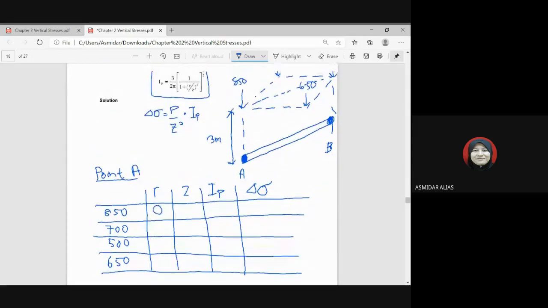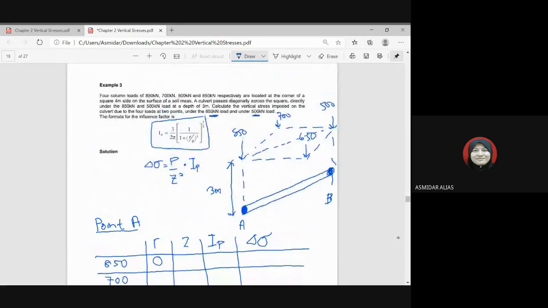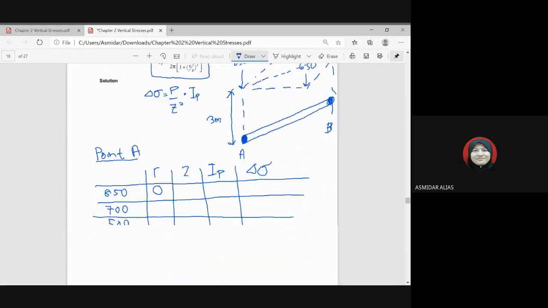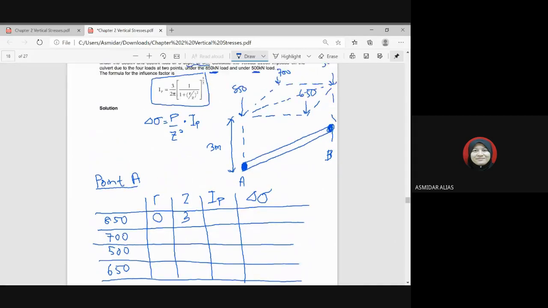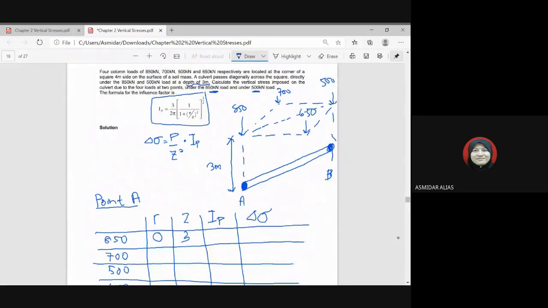Z baca dalam soalan at depth 3 meter. So IP tu boleh carilah guna equation. So sekarang kita tengok dekat point A lagi. Tapi untuk 700